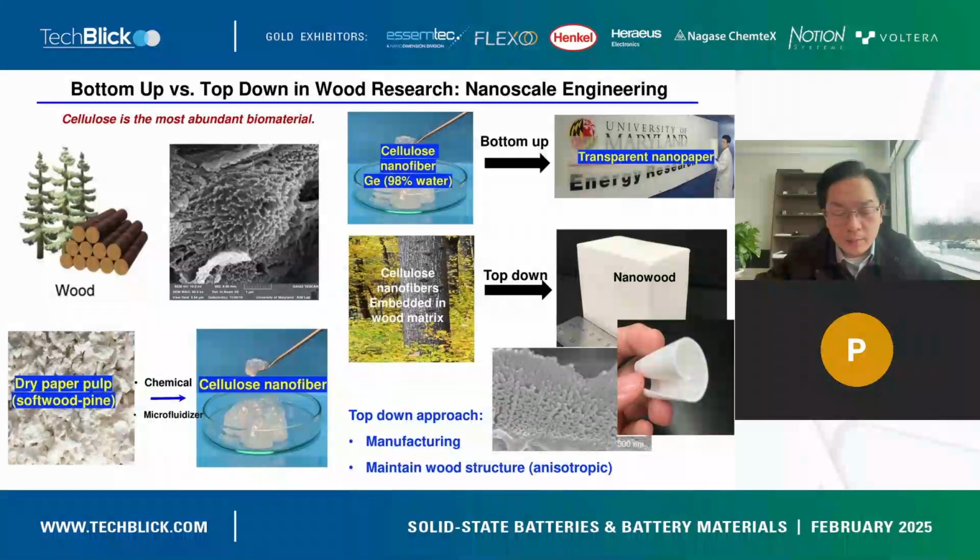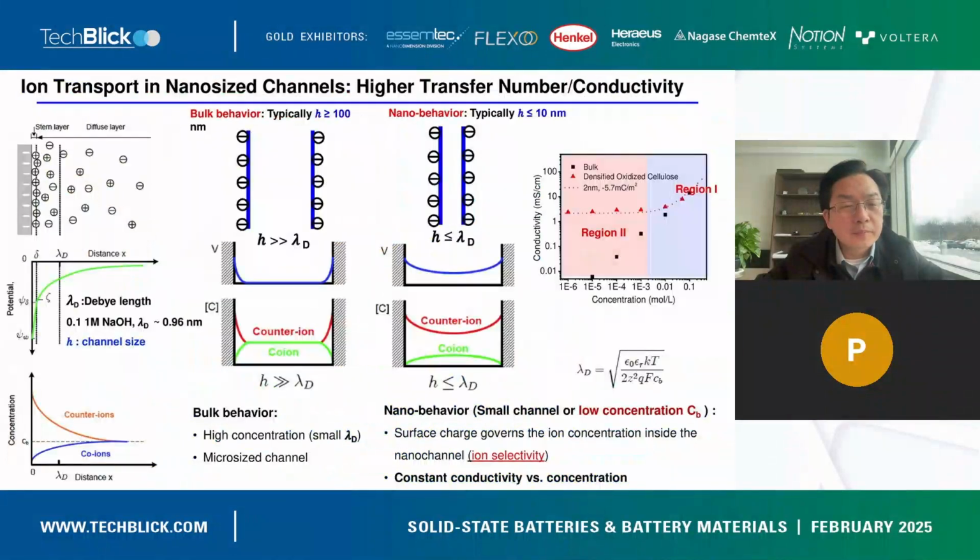The second approach is called top-down. You take the entire wood and cut it into different sizes and shapes. You can make a very thin veneer, or you can make a bulk structure. In this case, you open up the nanofibers in the structure through chemical treatment. Then you have all these aligned fibers that can be very important for ion transport in the membrane. So here we'll focus on the nanofiber